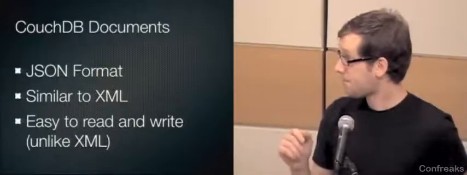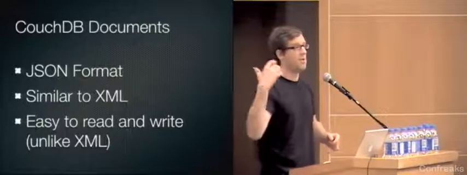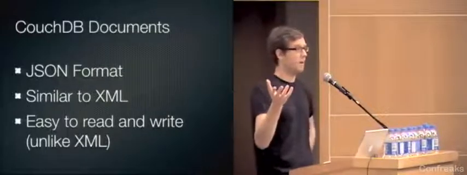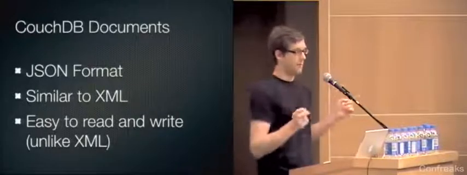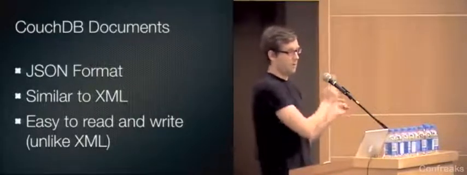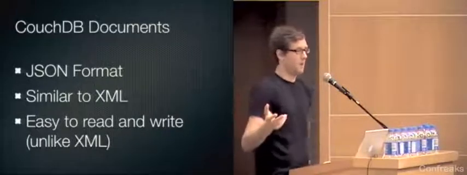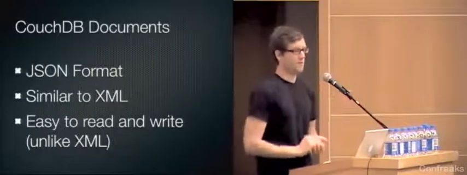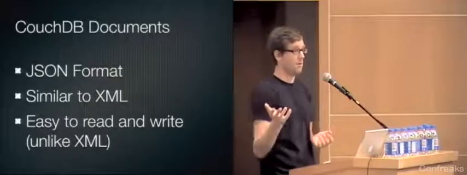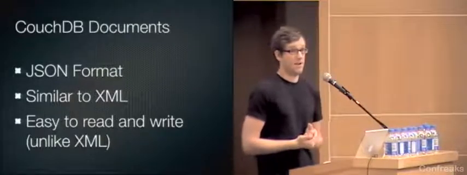Then you can get this string representation back and deserialize it back into a native object of your programming language. So you have a Ruby object, convert it into JSON, store it in CouchDB, and if you want to read that object again, you read the JSON out, convert it back to a Ruby object. Or if you want to integrate different systems, you can deserialize it into a Python object or PHP or Java or any object in any language that supports JSON.